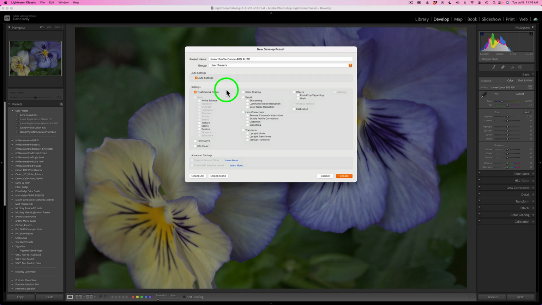If you want to make a second preset without auto settings, just uncheck the auto settings and give it a name like I have here, Linear Profile Canon 40D or whatever your camera name is, and just leave auto off. That way it'll just have the linear profile on it. But in my case, I want auto settings on because remember, I want to show you how to do an import with a linear profile with auto settings already done for you, and that saves you a lot of time